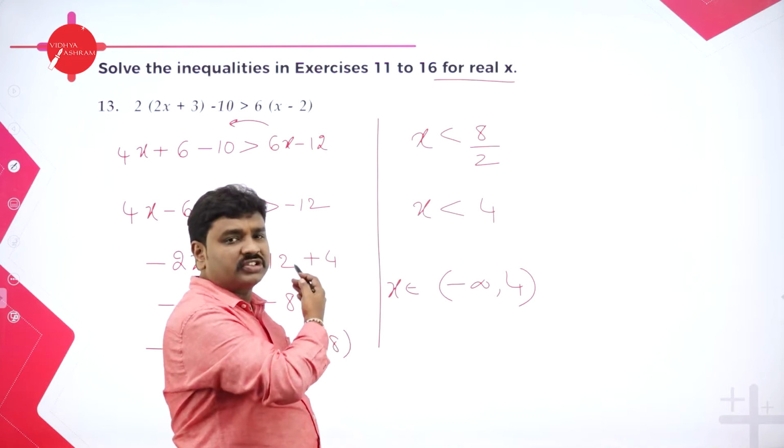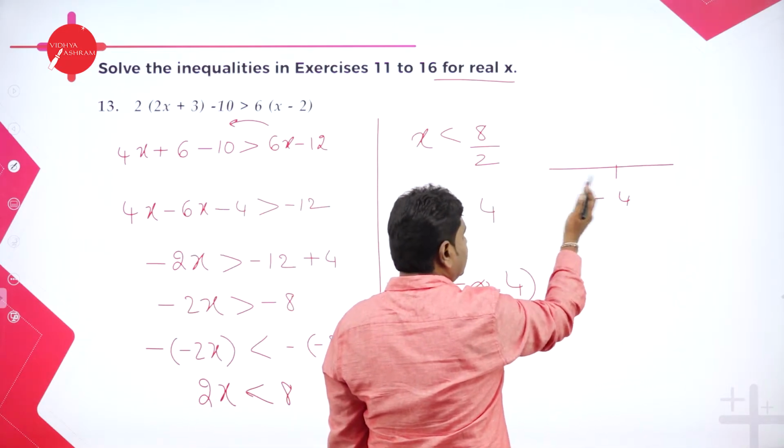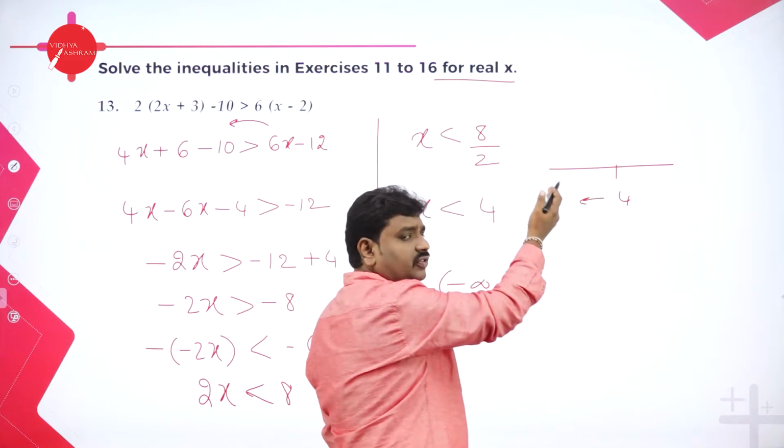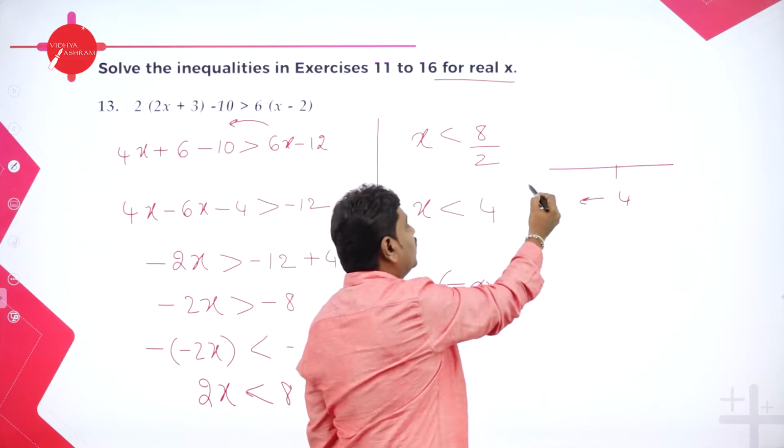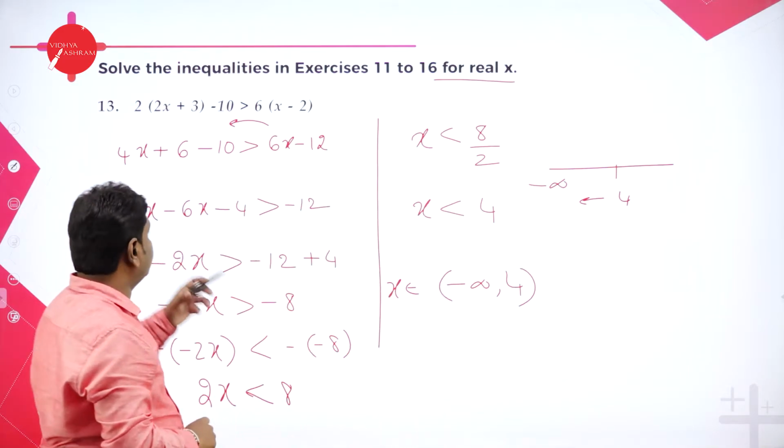Strictly less than 4, so I should write open interval. Less than 4 means towards left of 4. On the number line, if you have 4 here, left side. So all the numbers less than 4. What are the numbers less than 4? 3, 2, 1, till negative infinity. So this is the solution. Next we have